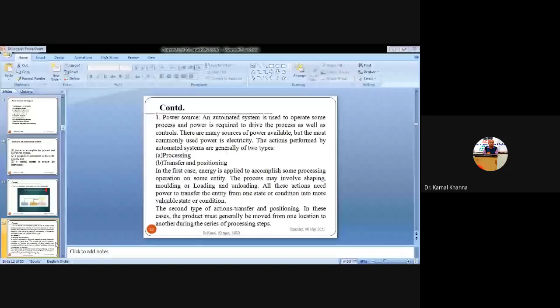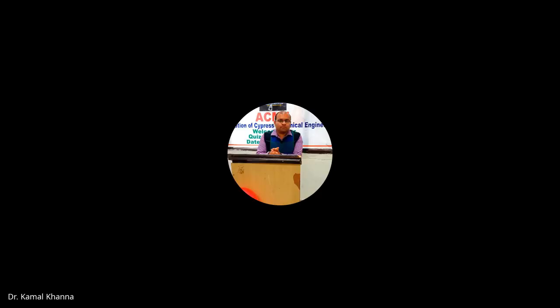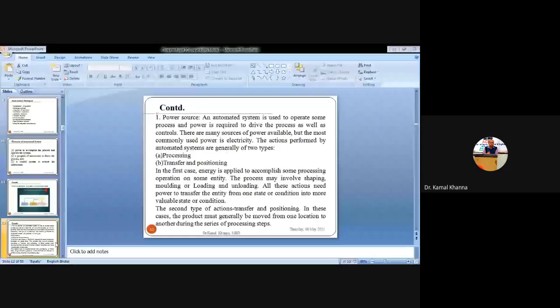So the power source basically performs two kinds of operations. First is the processing, and second is transfer and positioning. So what is processing for the power source? It is basically used to accomplish some kind of operations on the job piece or the specimen. The process may involve fitting of the tool on the spindle and performing the operation on the specimen, and it may also involve shaping, molding, uninstalling and installing the tool, uninstalling and installing the workpiece, and setting the cutting conditions at